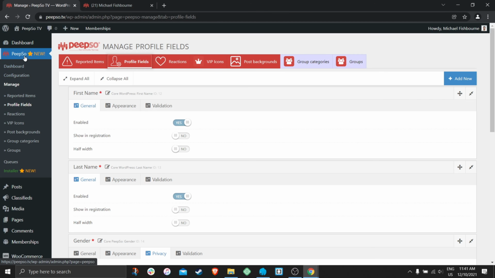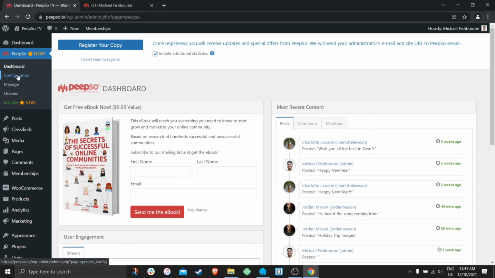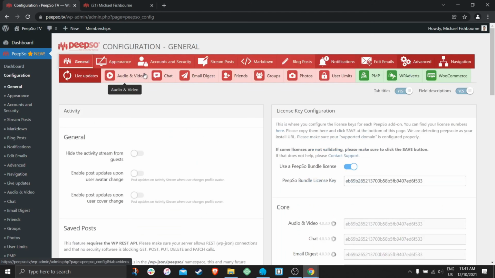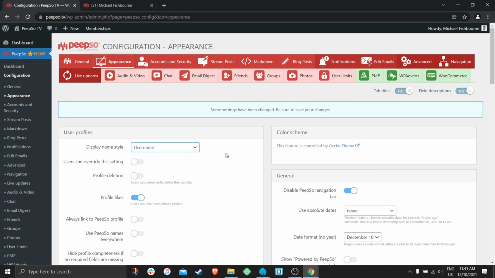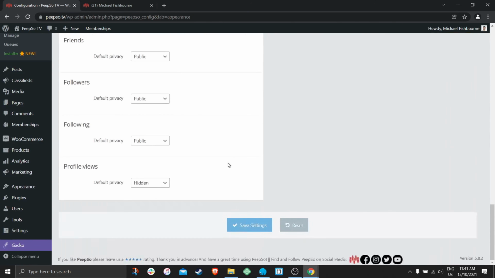You can change this by going to Dashboard, actually Configuration, and then Appearance, and then change Display Name Style to Username if you want usernames to be shown. Then you can simply disable the first name and last name, and that's all you have to do. But for now, I will stick to the full name,